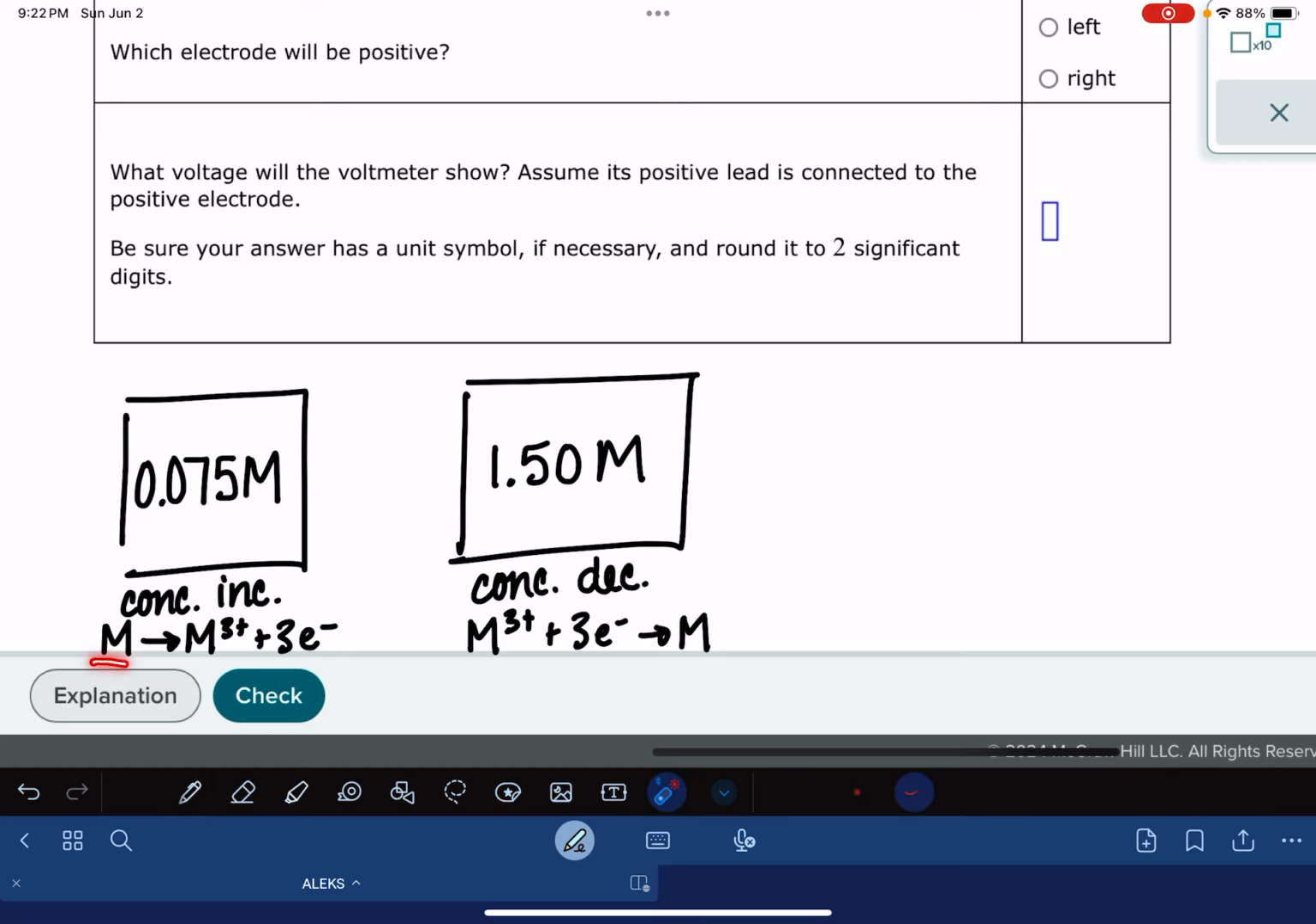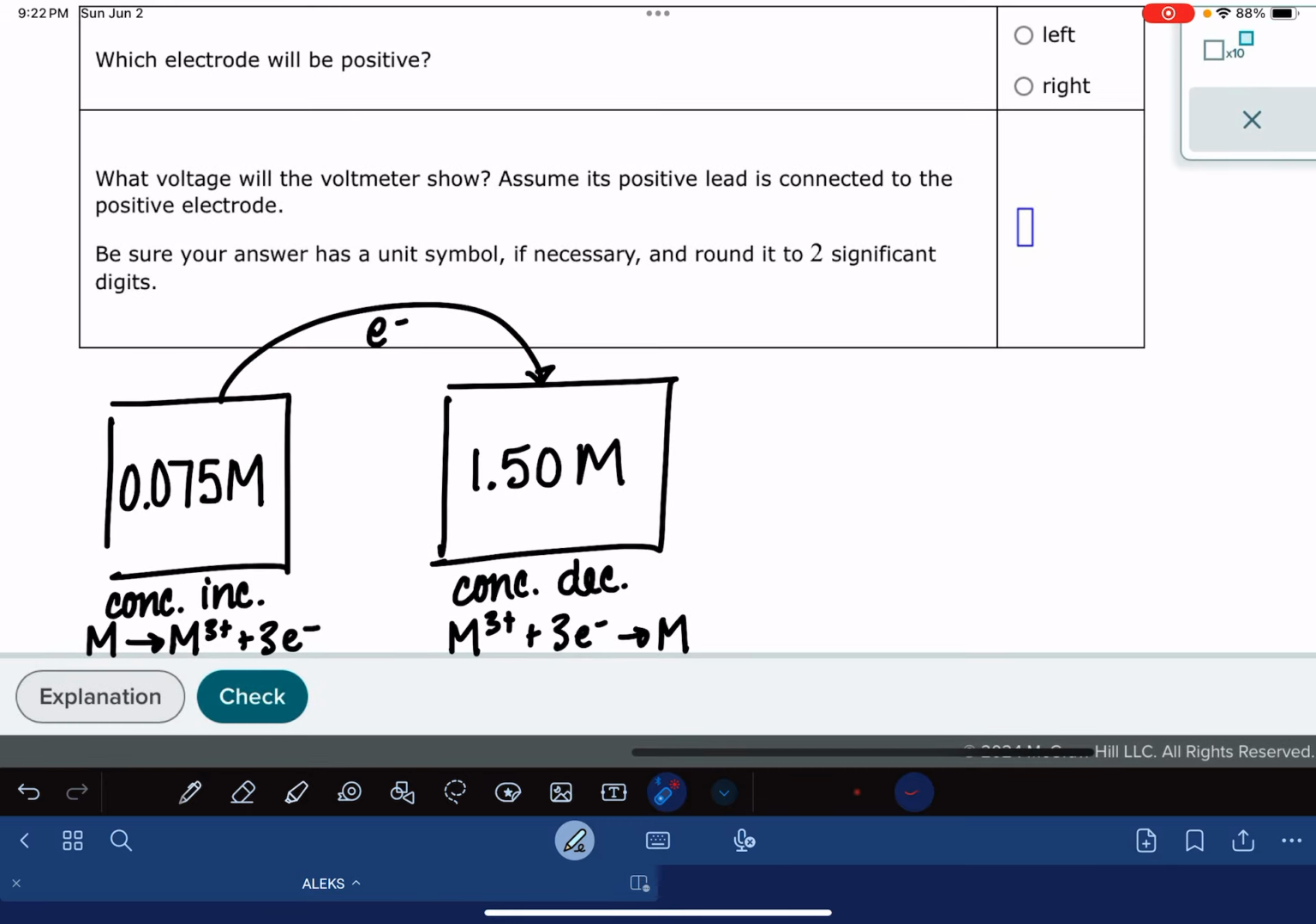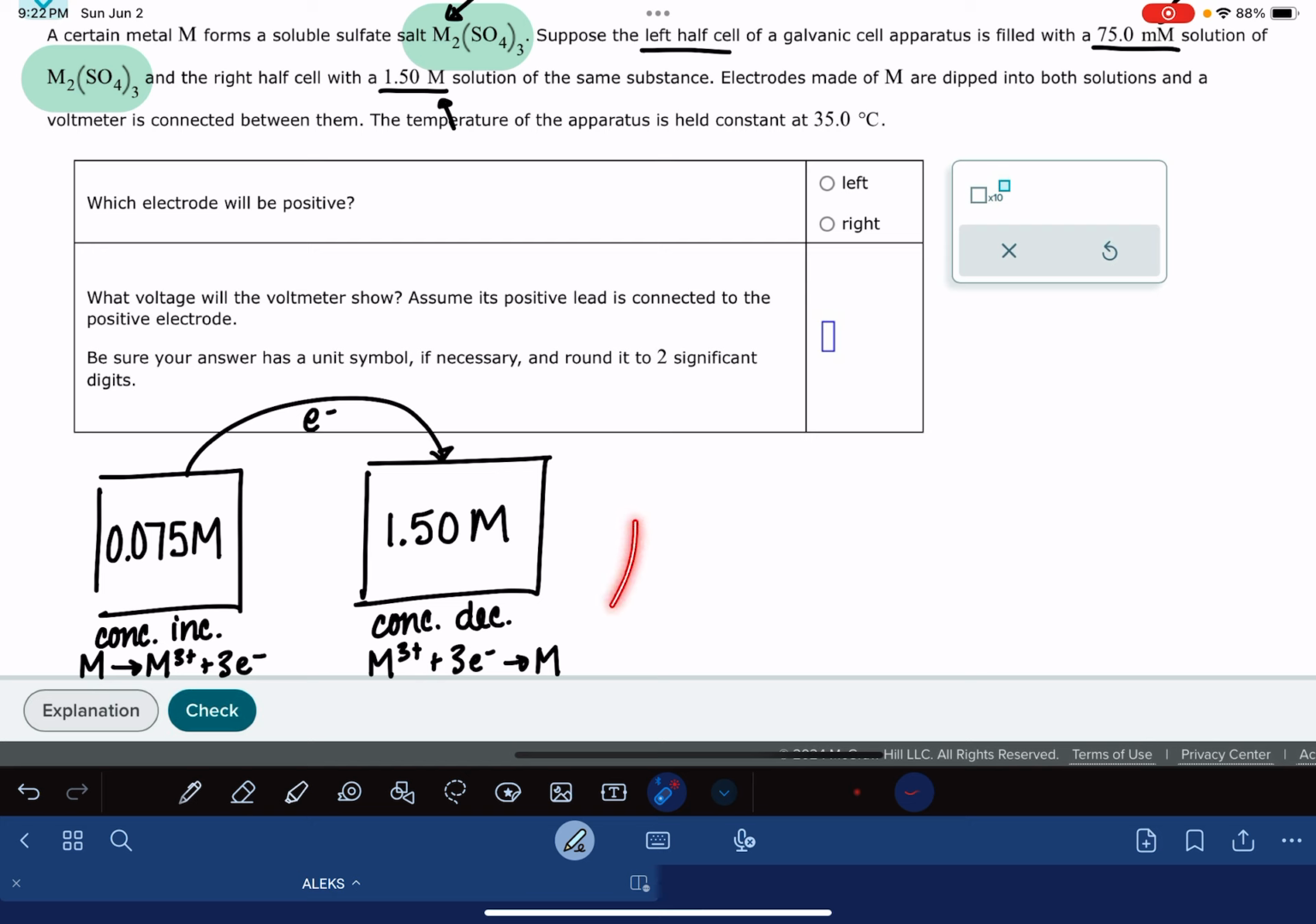So here we can see on my left-hand reaction, this is the one where electrons are being given up, and those electrons then are going to be flowing from the left side of my cell to the right side of my cell so that they can react with those 3+ ions. And that information right here is what I need to be able to answer the first question, which electrode will be